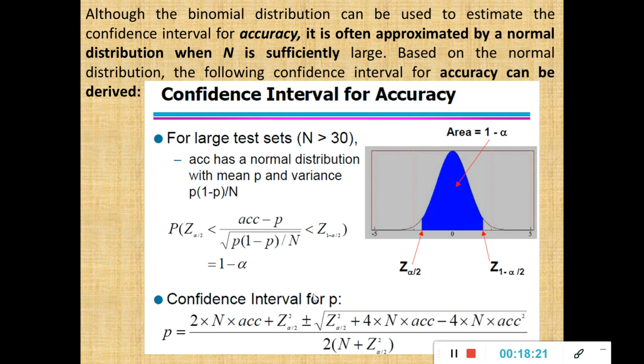In this model classification and model comparison, you don't need to worry about the derivation of these formulas. The only thing you are supposed to do is recall or remember these formulas. You need not worry about the derivation. That is what I insist once again. So the confidence interval level is given by 2 into the number of instances multiplied by accuracy, and I have defined how to calculate accuracy. The z alpha by 2 and z 1 minus alpha by 2 values will be given to you. You know accuracy, you know the value of n. Substitute, and you will get the probability for the given confidence interval level. How to find the values of z alpha by 2, we'll see in the next slide.